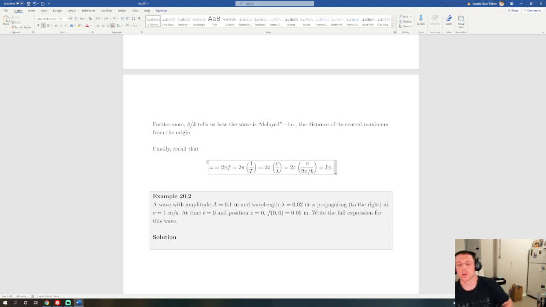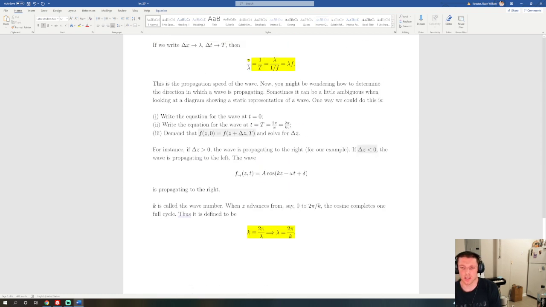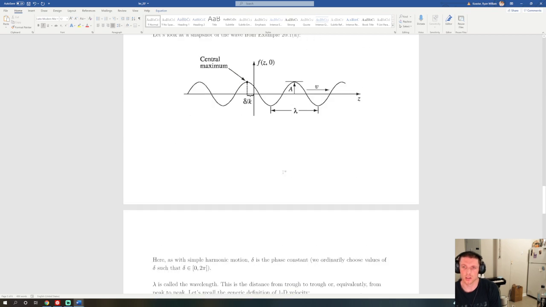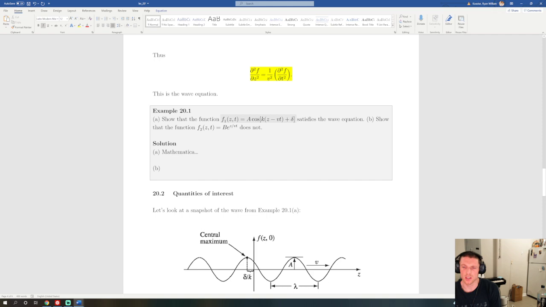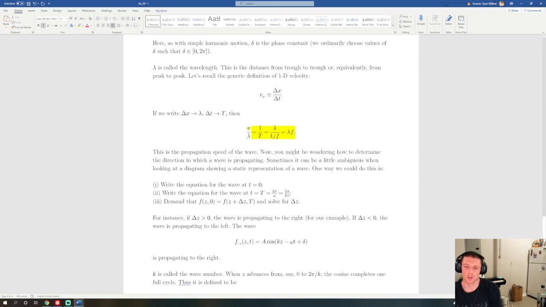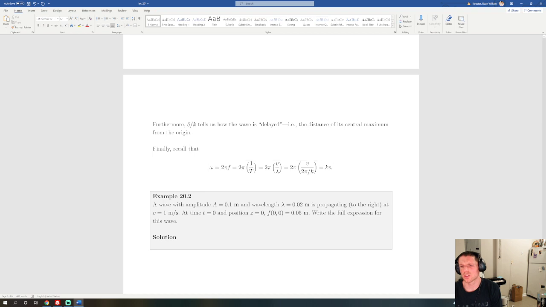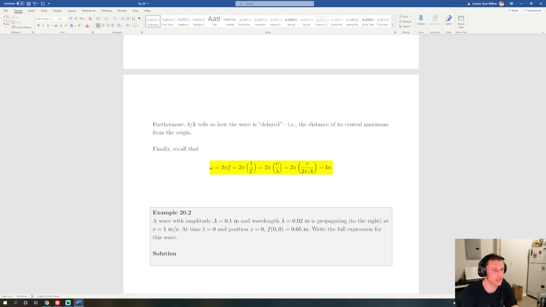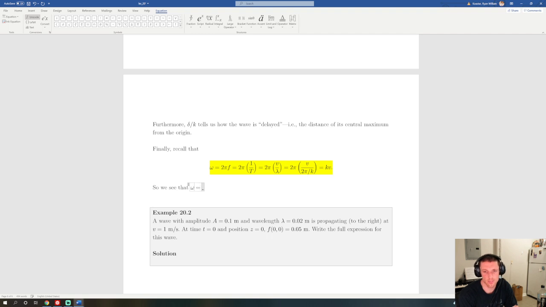And that's what allowed me to write the equation here in terms of omega, instead of in terms of v, like that. So same equation. And this is also a pretty important relation to remember, so I'm going to highlight this one too. Cool. And let me just show you what this looks like, step by step, I guess. So we see that omega equals kv,